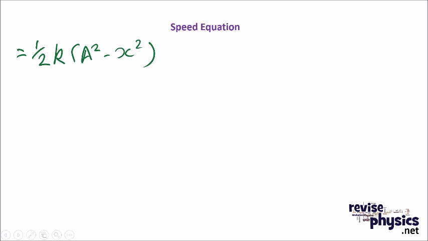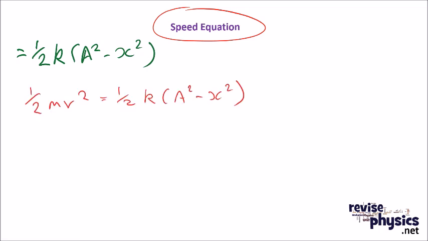Now taking that equation, we can then get the speed equation for an oscillating system, or for a mass spring system in particular, but for any oscillating system really. 1/2 k (A squared minus x squared) is our kinetic energy, but kinetic energy is 1/2 m v squared. So, knowing that (2 pi f) squared is equal to k over m, because that's our SHM constant that we've looked at a few times,